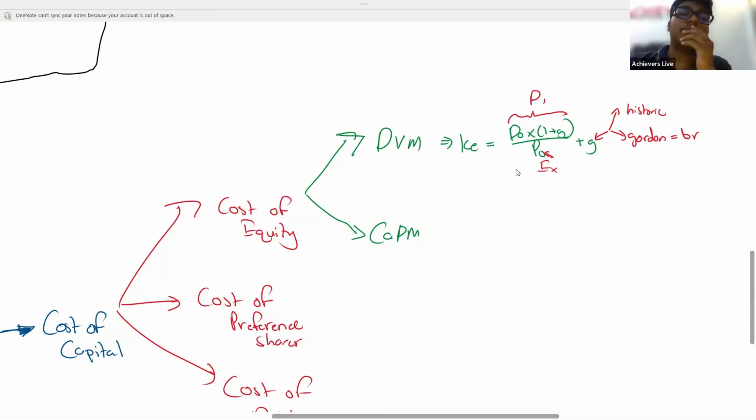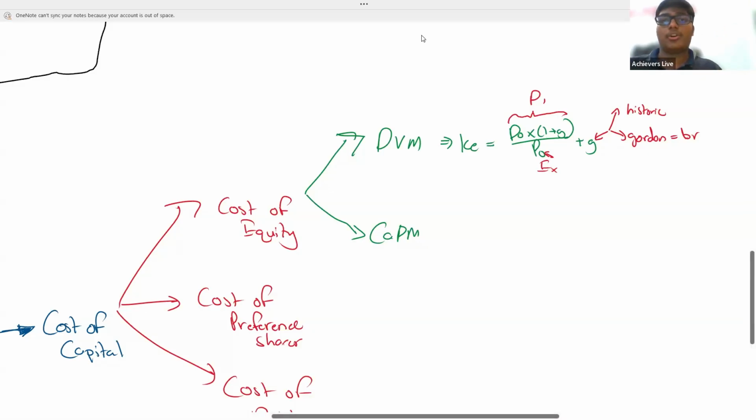Okay, so these are the adjustments. Next, you have to remember what the assumptions in the dividend valuation model are. We are assuming constant dividend, or constantly growing dividends. We are assuming dividends are paid till perpetuity. And we are considering the dividend to be a proper indicator of the value of the company. These are the assumptions you have to remember. Keep it in your head.